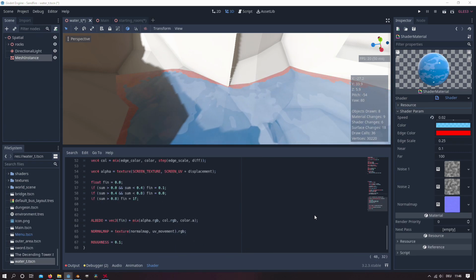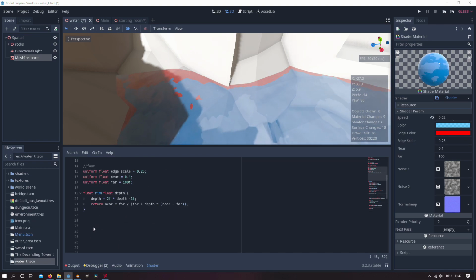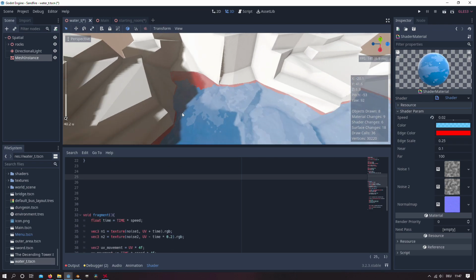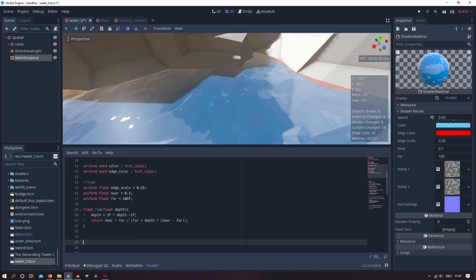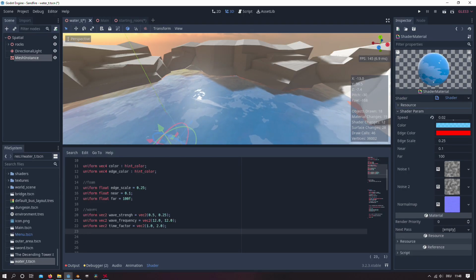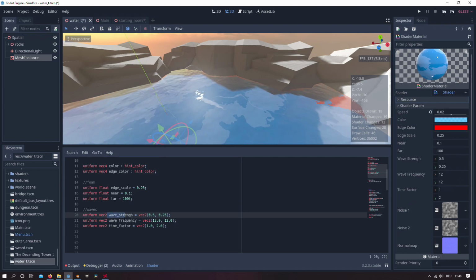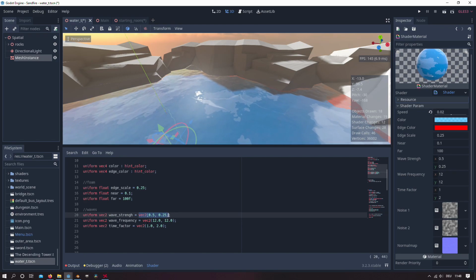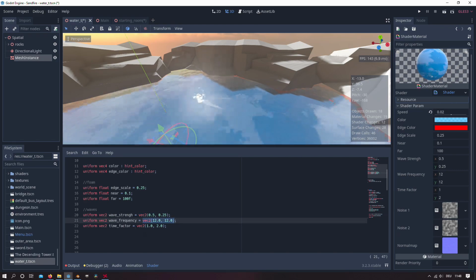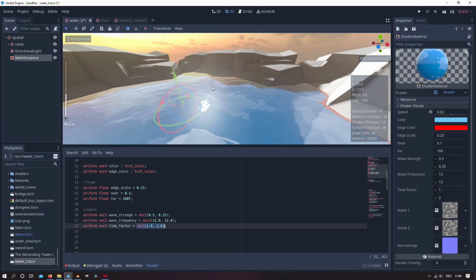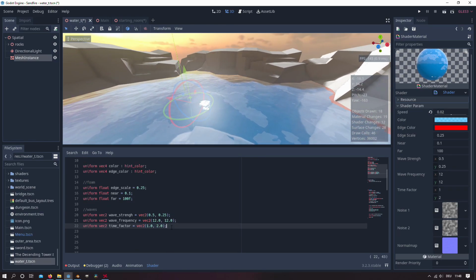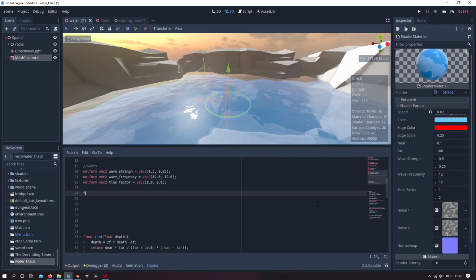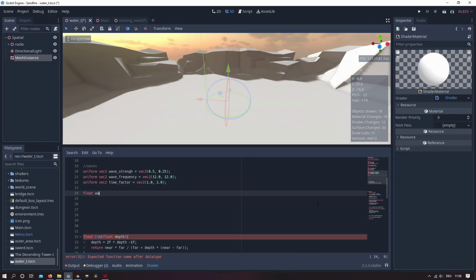So that's basically everything for the colors, also for the fragment function. And now we want a wave movement. So for the vertex displacement, I create 3 new variables of type vector2 and name them wave strength, wave frequency and time factor. I decided to go with these values, but you can of course change the values however you like to. But in my case, I think the result is very nice. I create a new function named waves,